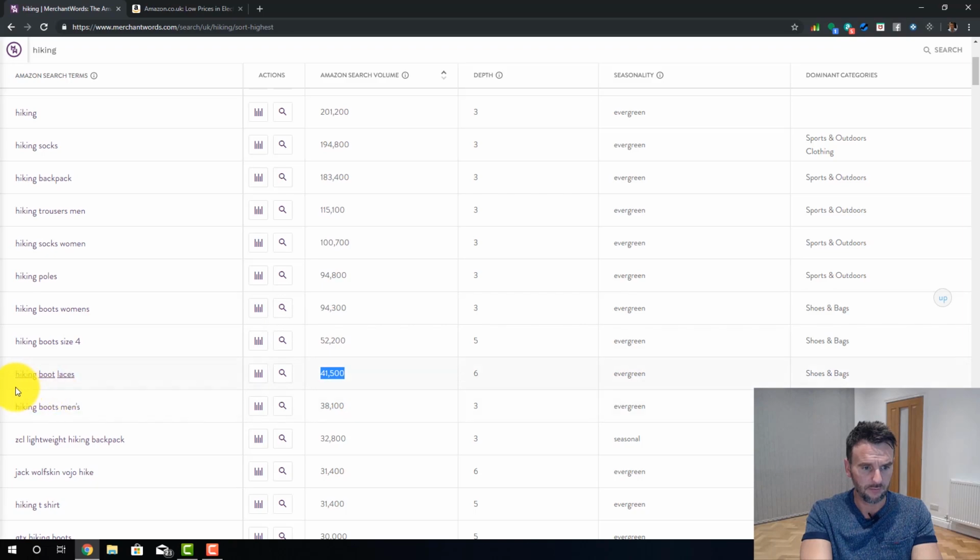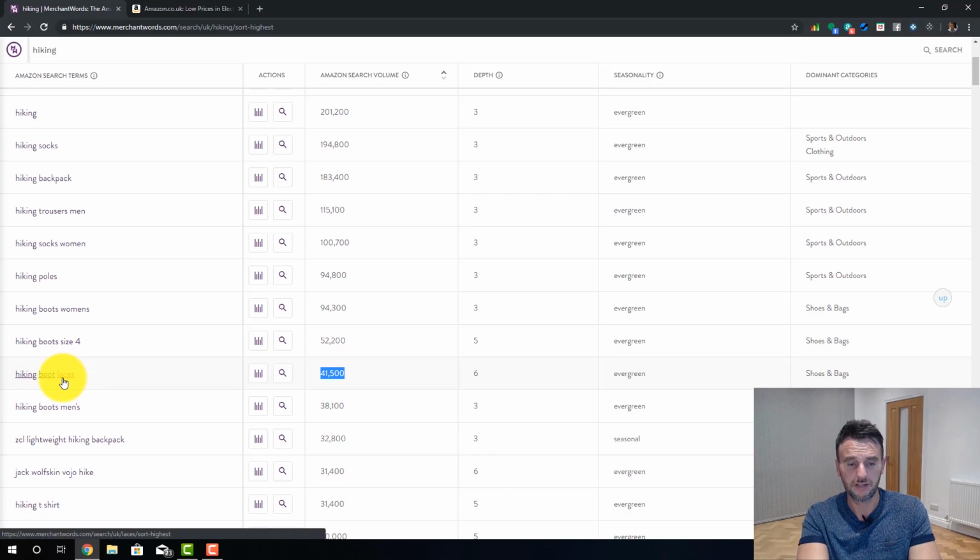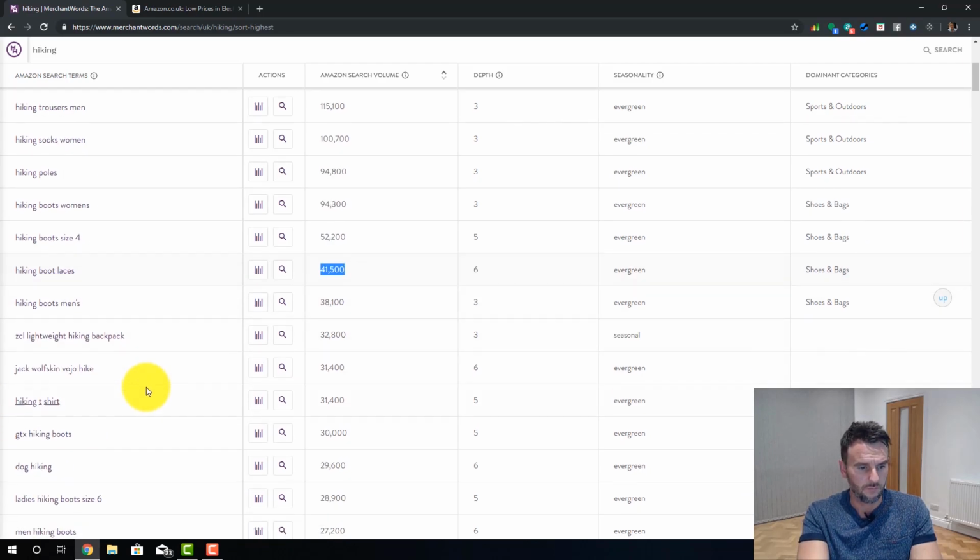So for example, if we were selling hiking boot laces, we'd probably try and rank as well for hiking boot, because we'd get a few people who were buying hiking boots, but then also still buy laces. You know, we're not going to necessarily show up on page one, but we might be shown. Also, we probably have a look for some of the other associated terms. So what we can find is that we can have a pool of keywords which add up to a higher